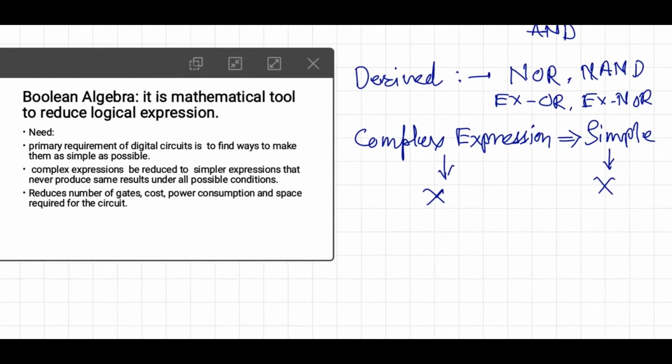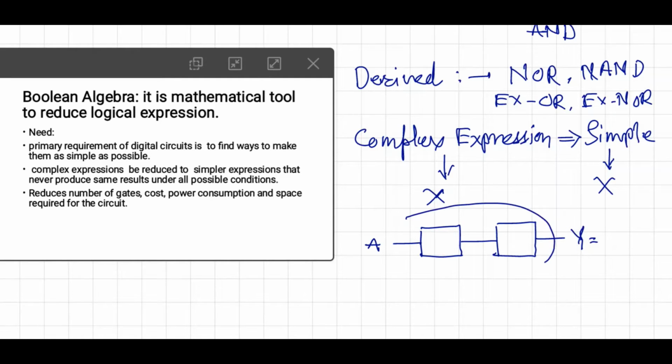Say for example, let us consider A is input which is given to a particular block of the circuit, and this is another block of the circuit which gives the result, say Y is equal to something. So now what is happening here, these two blocks are used, which when input is A, Y is suppose A complement. So we can say that actually this is producing the complement of the input. So what is the function of these blocks, and what are the corresponding expressions that we have to see.